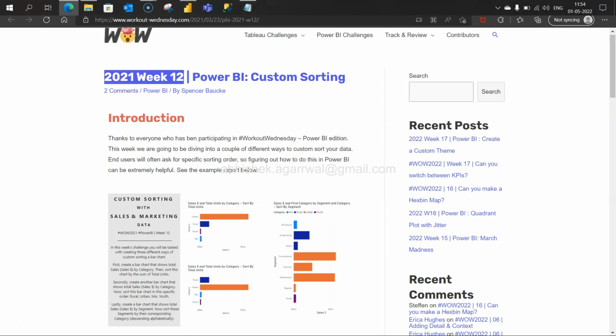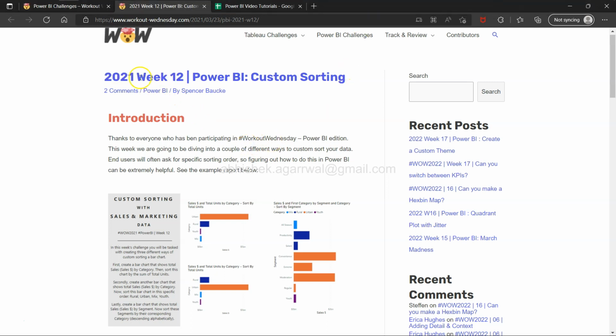So today is 1st of May 2022. But I recently discovered this and I thought, why not? Let's practice my skills again in different challenges. And yes, I have no hesitation to say that I'm learning more and more every day with the help of others, all of these amazing people like Spencer and a couple more who are contributing to Workout Wednesday. So this week the challenge is custom